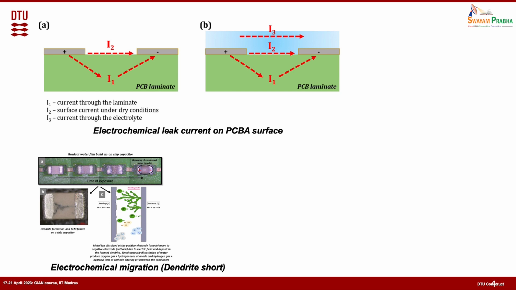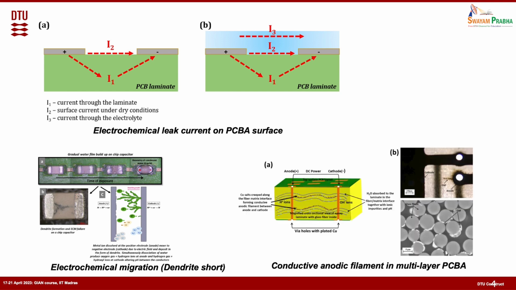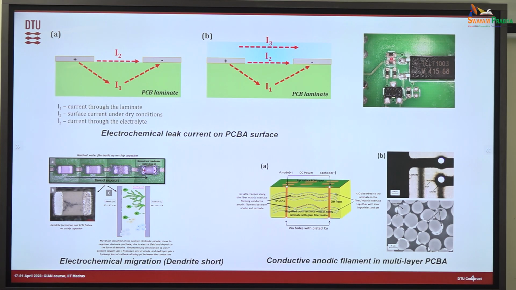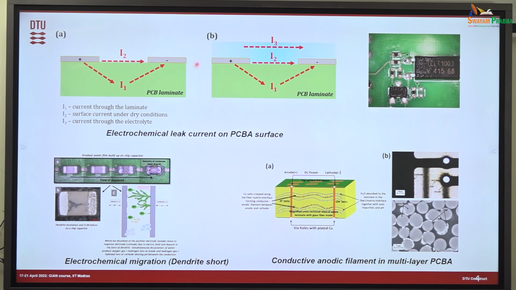The first thing that happens is with water film formation. Take it as without any water film on the PCB surface. If you take just a small part of it with a positive bias and negative bias, you can have a current through the laminate, depending on the bias level, and a current through the surface. The current through the laminate is very, very low, because the laminate has a very high resistance. The surface water film is also very thin, so the current through the surface is also very low. So I1 plus I2 is very little and will not interfere with the functioning of